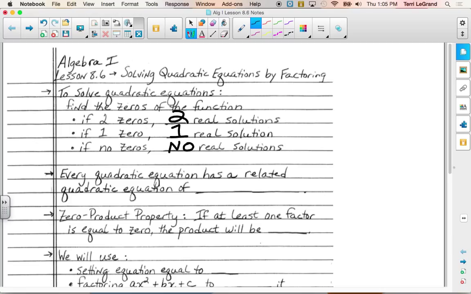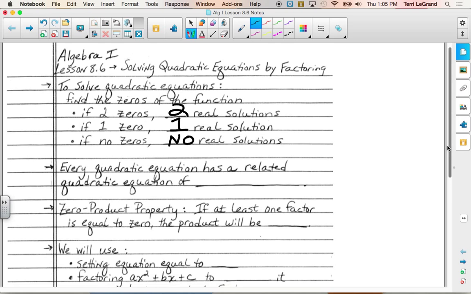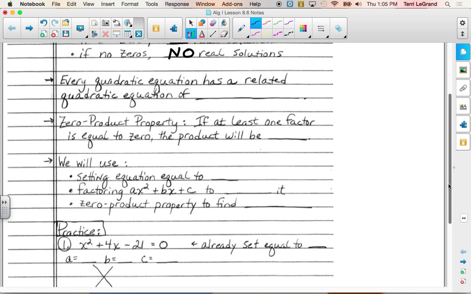What would no solutions be then? It's not on the x-axis or ever cross the x-axis, right? What do those look like? When they open up, their vertex would have to be where? Above the x-axis. If they open down, the vertex would have to be below the x-axis, and then there can't be any solutions. Okay. So every quadratic equation has a related quadratic equation of ax squared plus bx plus c